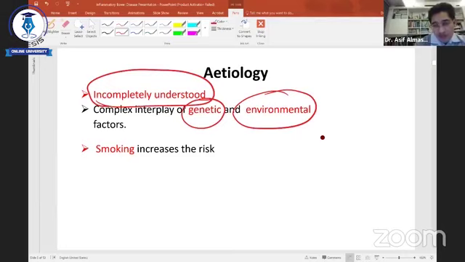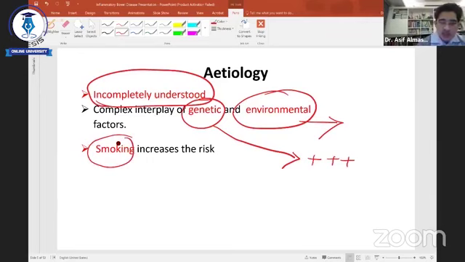agent. For example, if you remember asthma, some patients have dust allergies. Other people don't have. Some people have cold allergies. Similarly, in case of intestine, if you take a particular type of food, or if a particular type of foreign body or a particular type of antigen or a particular type of bacteria or virus enters the gastrointestinal system, people who are genetically susceptible produce a severe inflammatory reaction. Environmental can be other factors. For example, smoking can be a factor. As we will discuss, smoking increases the risk.